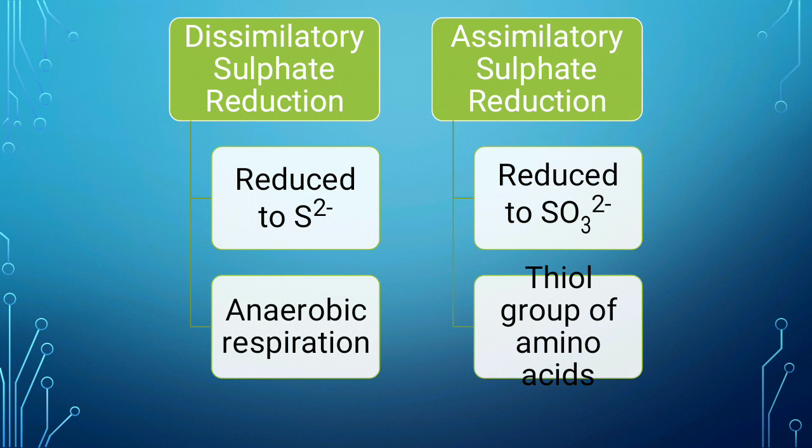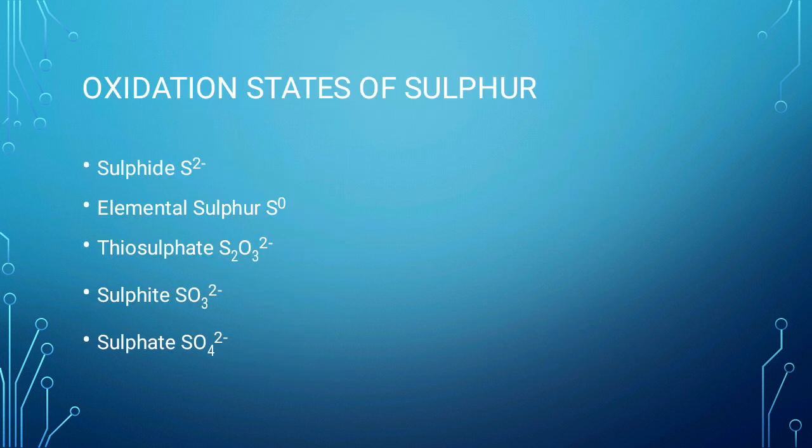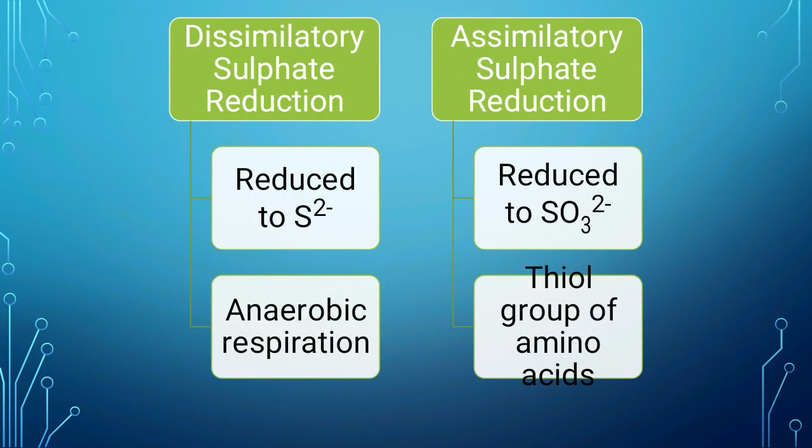Now when we say there is sulfate reduction, there are two types. We can either have dissimilatory sulfate reduction or assimilatory sulfate reduction. Dissimilatory sulfate reduction is wherein the sulfate is being reduced to sulfide, S2-. Now you should know the terminologies very well. S2- is sulfide, sulfite is SO3 2-. So dissimilatory sulfate reduction is wherein the sulfate, that is SO4 2-, is getting reduced to sulfide.